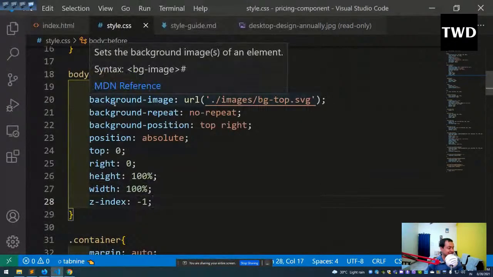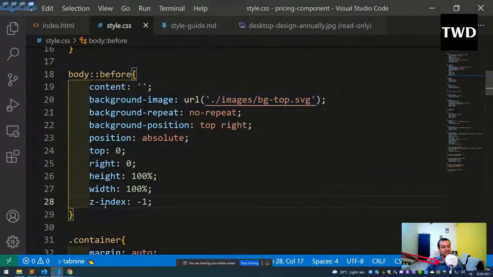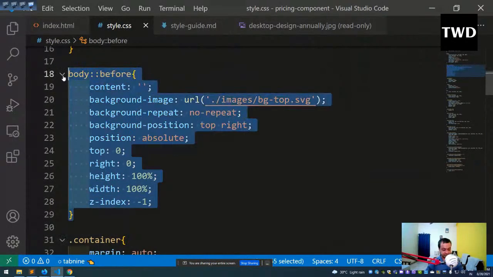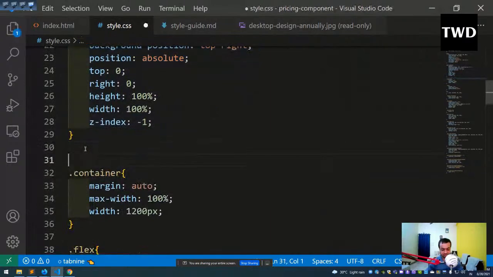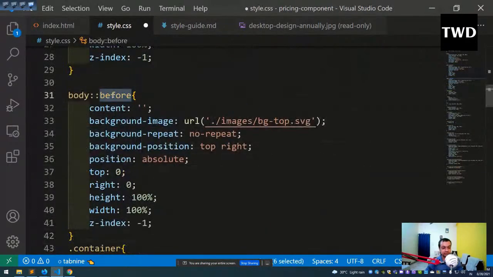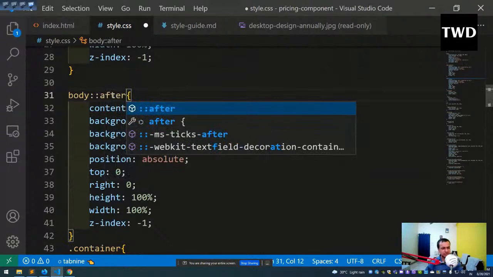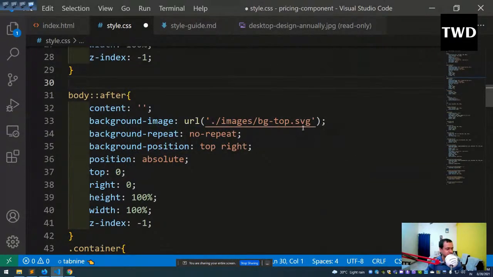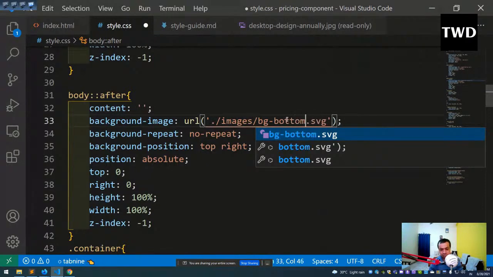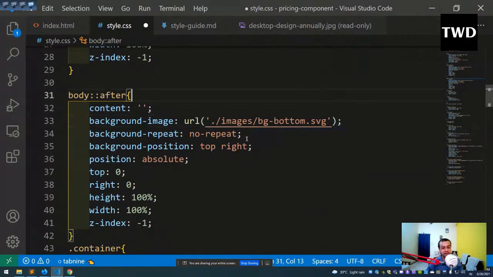Now it's time to put the next pattern, which we will do in the after. It's better to copy it because it is almost similar, and we will put it in the after. So we're using the pseudo elements. The pseudo element is very nice to put these background images. Okay, content is like bg bottom as bg I will do, and this is no repeat,